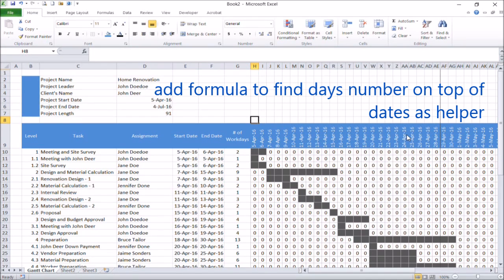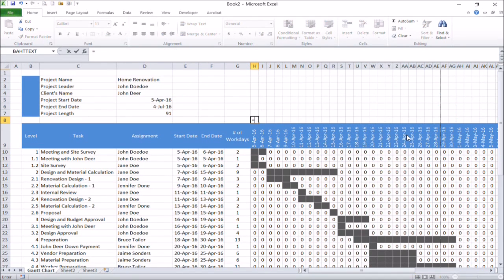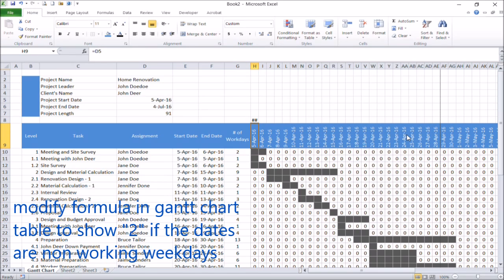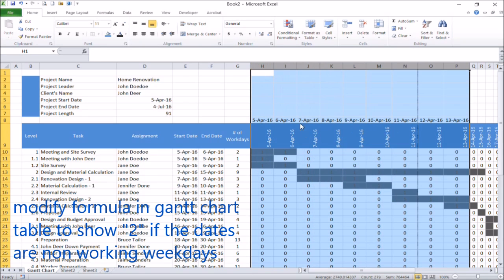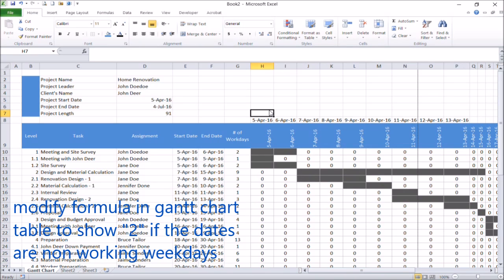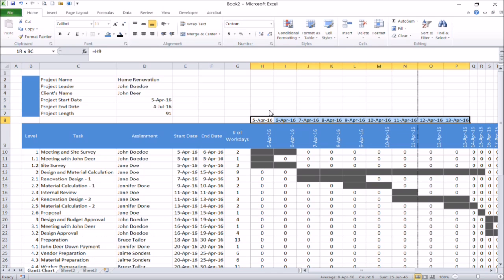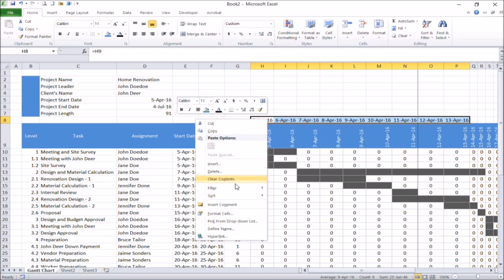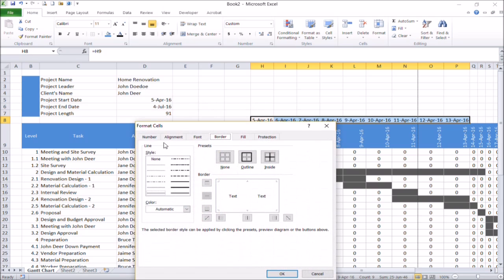The logic is to compare the day number of dates inside the table with the day number of the days that you categorize as non-working days, and then change the number from 0 or 1 into 2.